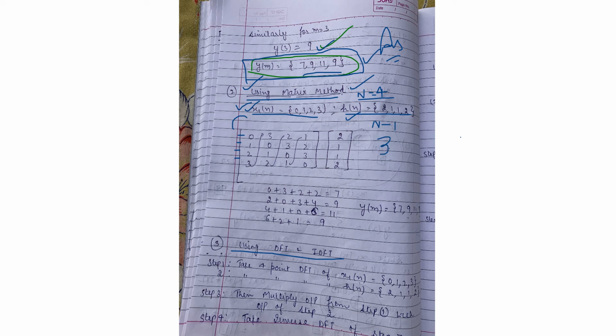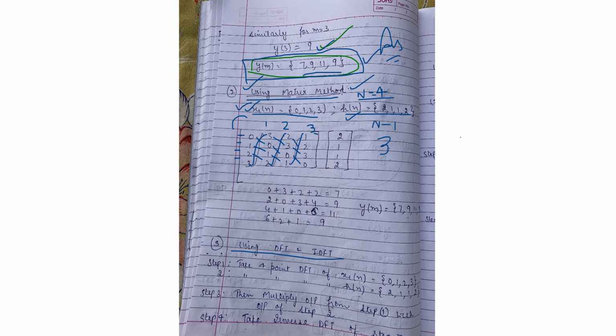Like the sequence written as 0, 1, 2, 3, we rotate it first: 3 will be at this position and then we write 0, 1, 2. This is the first time. Then for the second time, the last value, 2, moves to the front. Then we write 3, 0, 1 and then I rotate for the third time. The last value 1 comes here, then we write 2, 3 and 0.